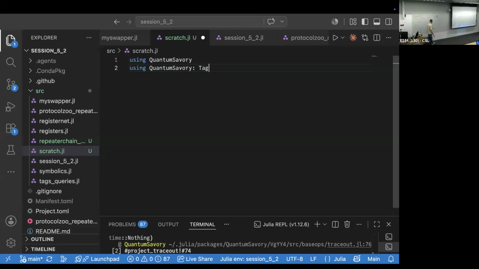This database will have some space dedicated to R1 and some space dedicated to R2, and other registers if there are other registers. So if at any point in time some protocol, for example, entangles slot 1 of R1 with slot 2 of R2,